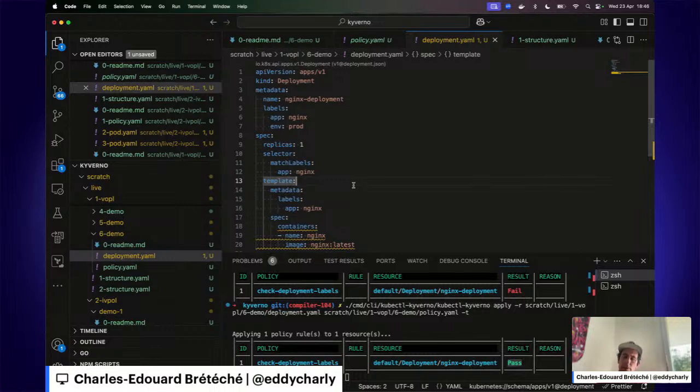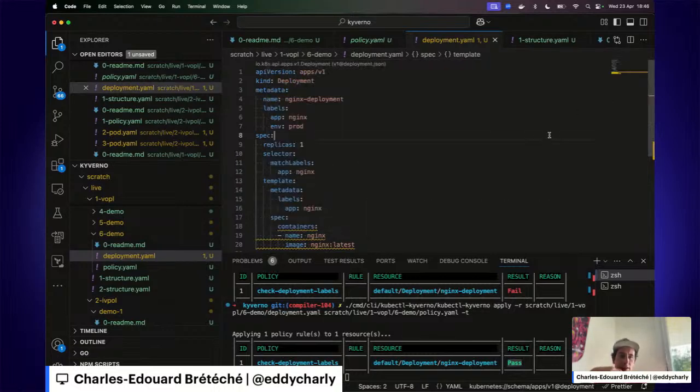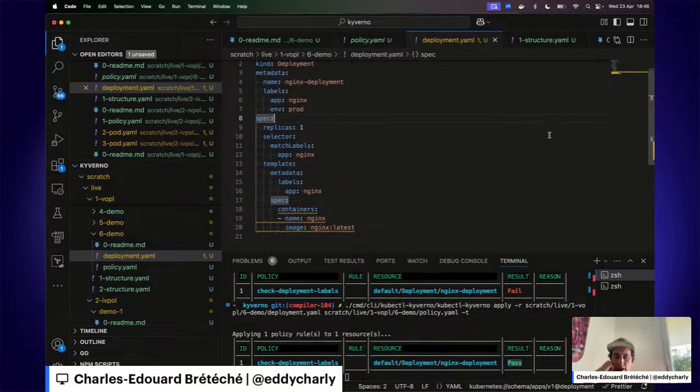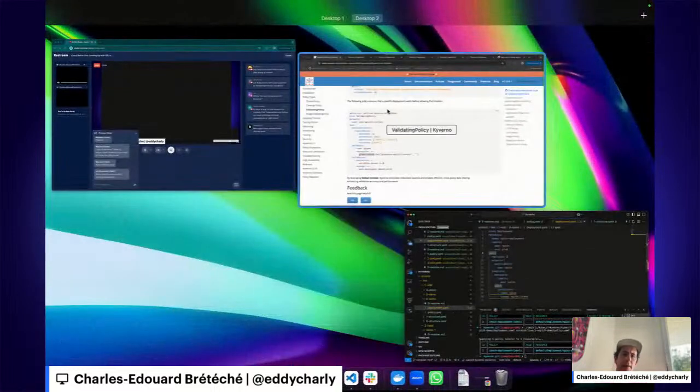How we can use policies to validate resources, how we can use auto-generated policies for higher level pod controllers, how policies can participate in reporting, and how to use those policies in the CLI, potentially in a CI pipeline or something like this.